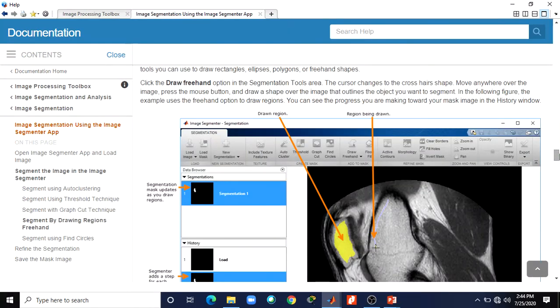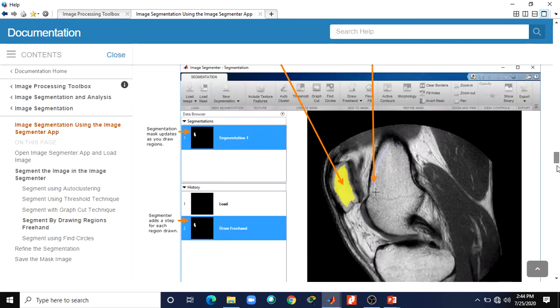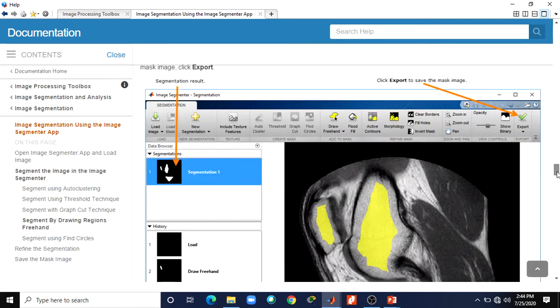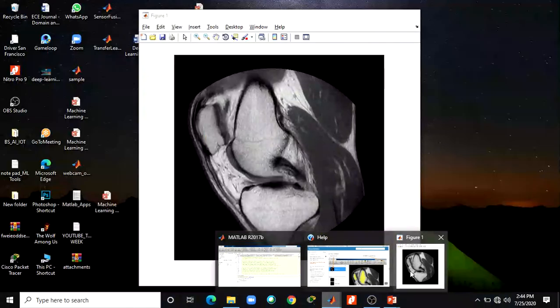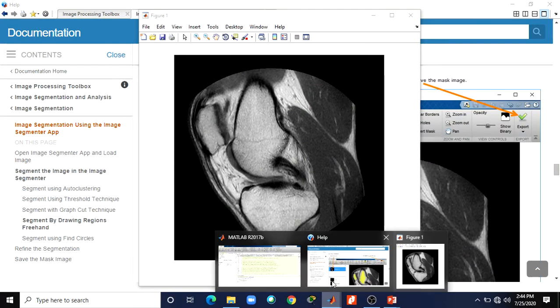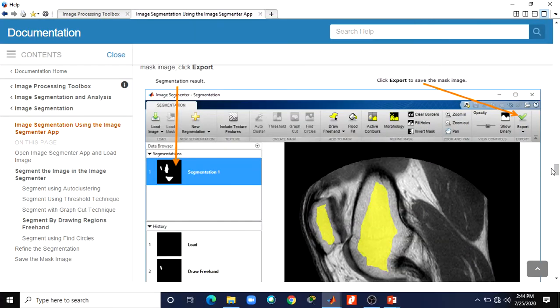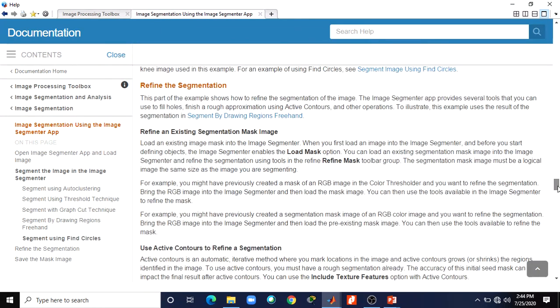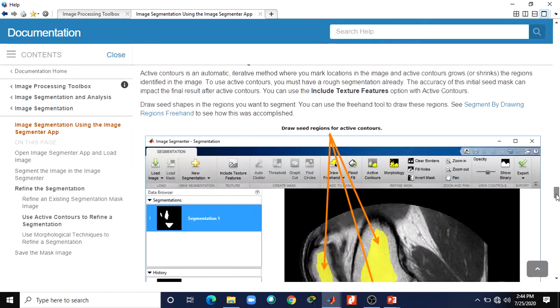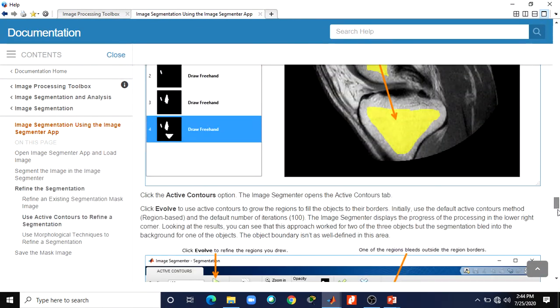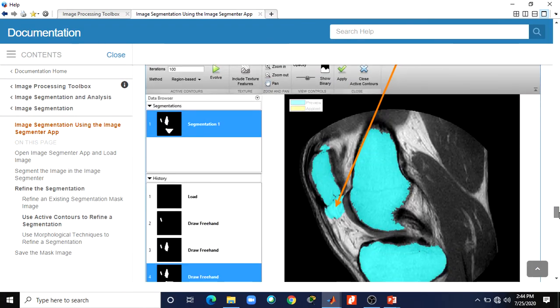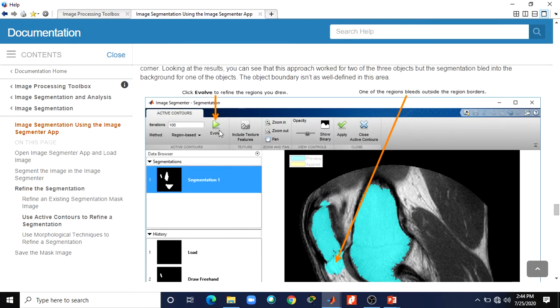Based on that, you can select the segmentation part. You can create, and finally you can export the data in the form of a Matlab function. Just click export, you will get the refined Matlab segmentation file. By clicking this eval function, you will get